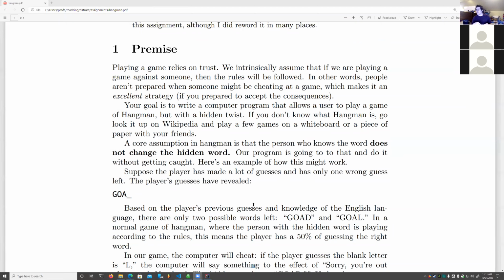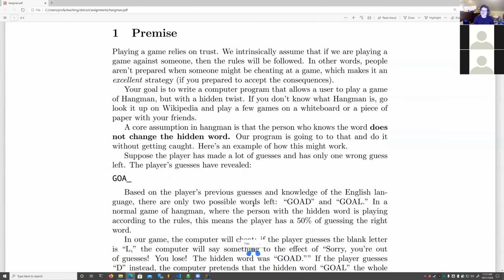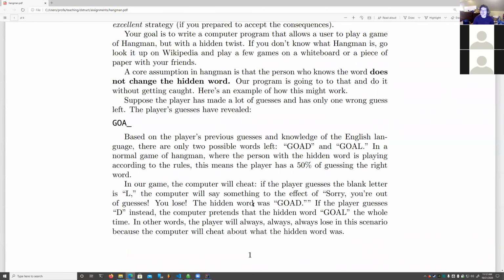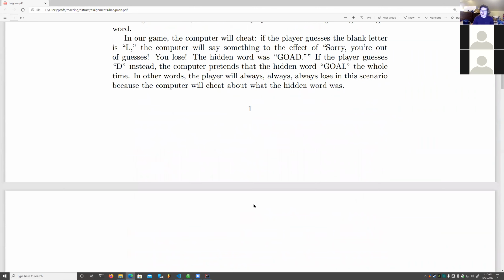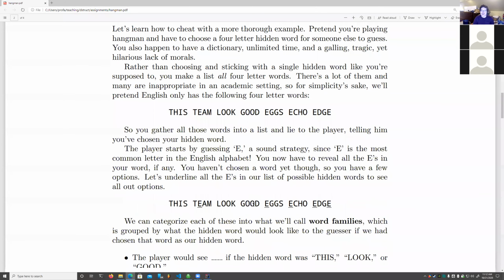goal. In a fair game of Hangman, you'd have a 50% chance of winning, but in this game, if you guess L, the computer will say, "Oh no, I was thinking of goad the entire time," and if you say D, it will say, "I was thinking of goal." So okay,